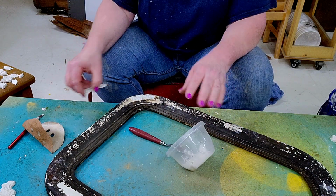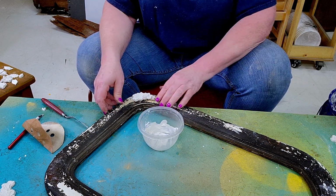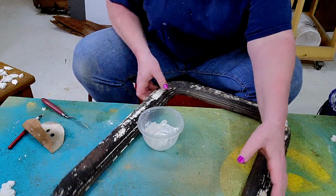And take our piece that's part of our design. And then we're wanting to glue it down. Okay, we'll just let that dry and we'll go on to the next section. Okay, now that we've got the design on the mirror, and while it's drying, what we need to do is